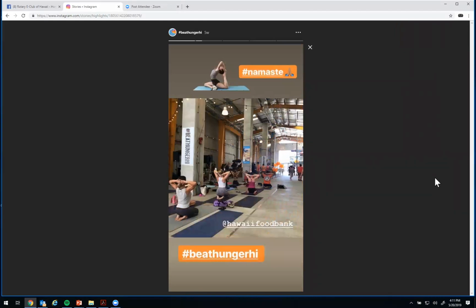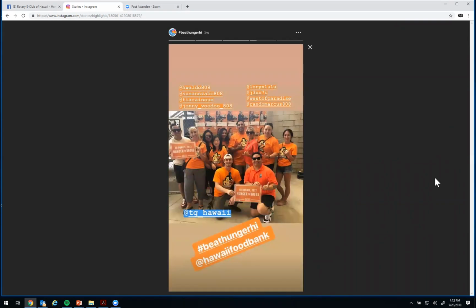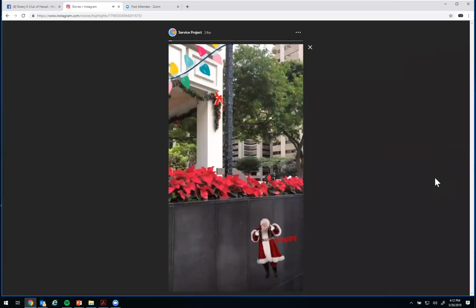This was the food drive event that our club helped sponsor. So you'll see pictures of our members working the event, volunteering. So that's some of the members of my club. And a good example of this is how we tag other people and other clubs.